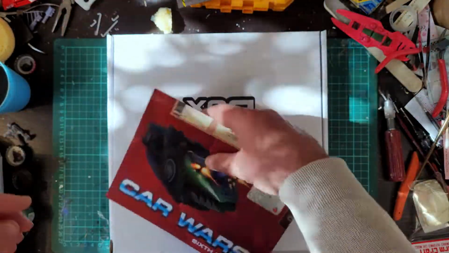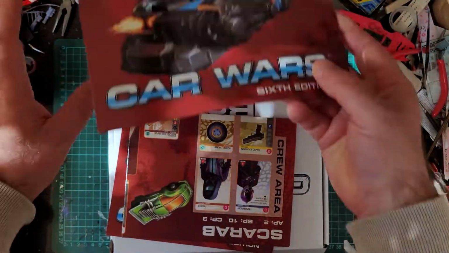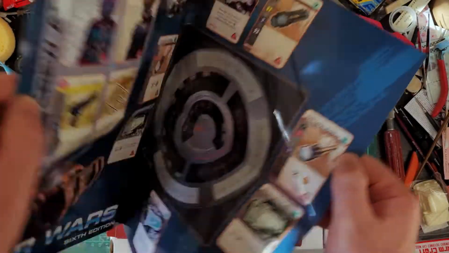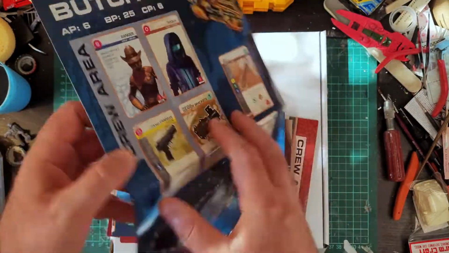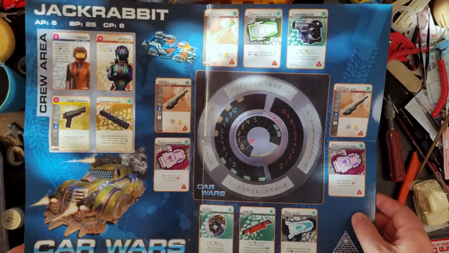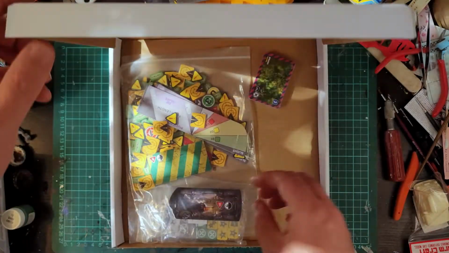So that's 2, 4, 6, 8, 10, 12 different pre-designed vehicles, which is a good start. So they go there. Next out of the box,